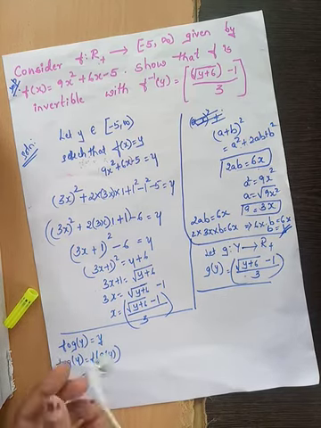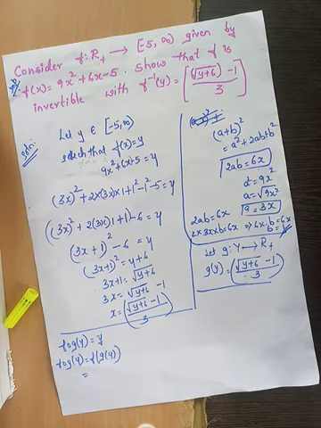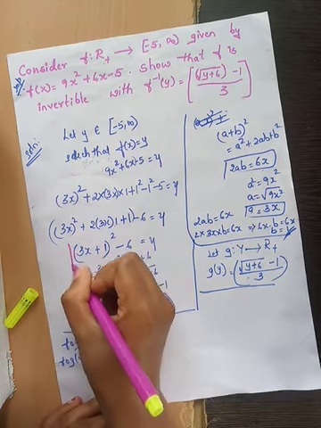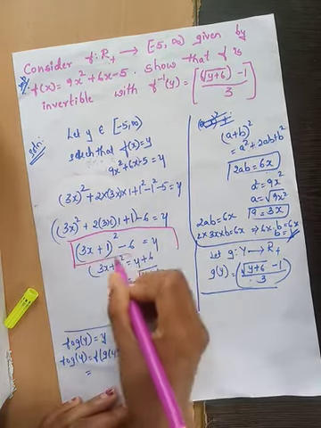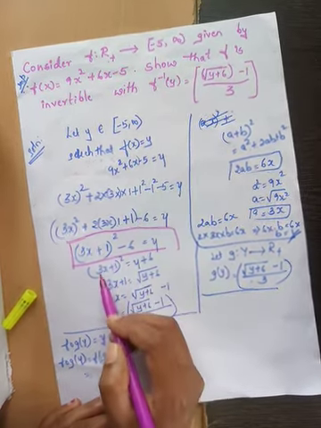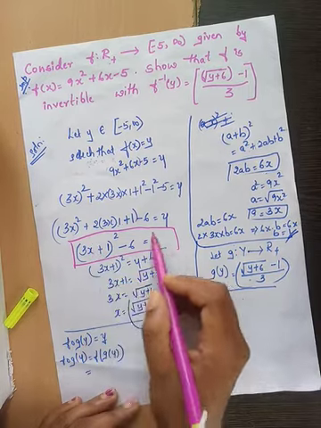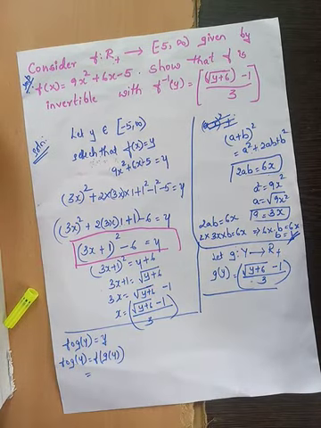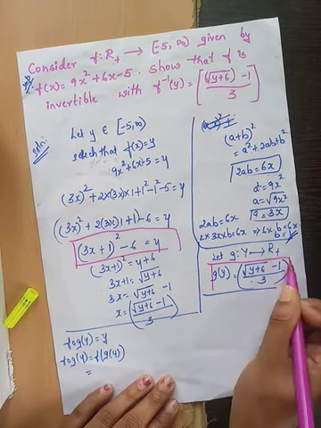What is the value of f of x? Since we have reduced f of x, our f of x can be considered as this term. This can be taken as f of x because it is the same. This is f of x because we had written f of x is equal to y, and f of x has been reduced into this. What is g of y? g of y is this.